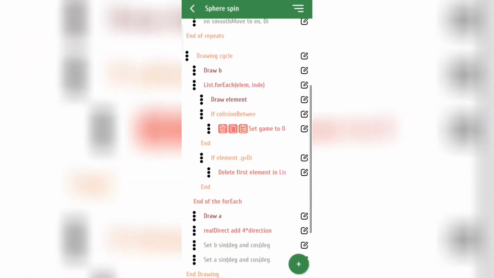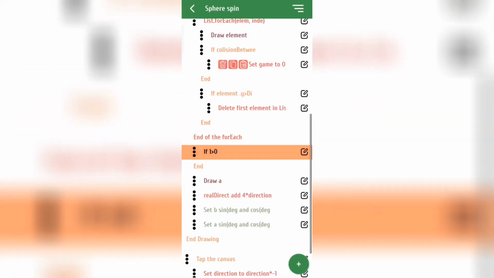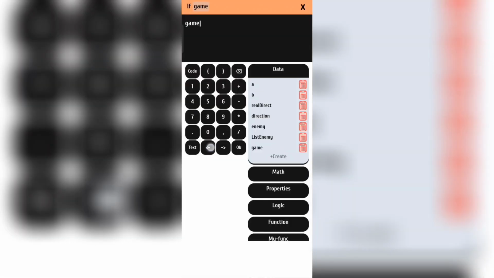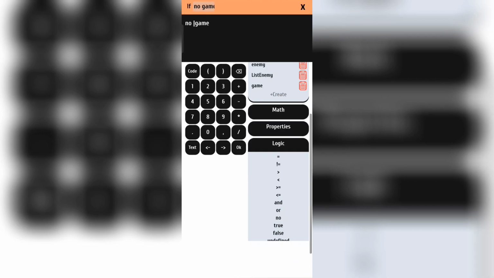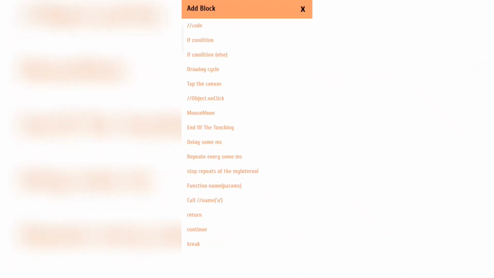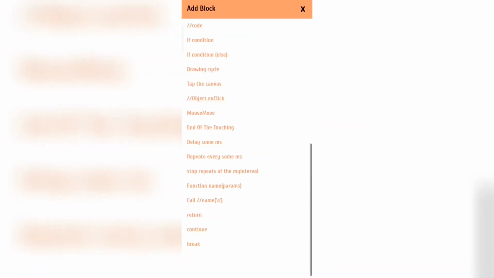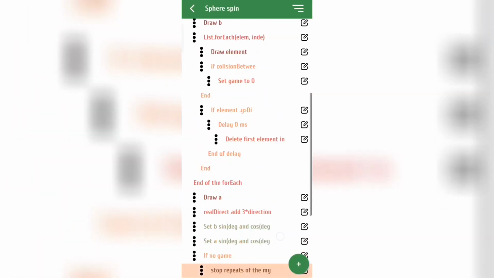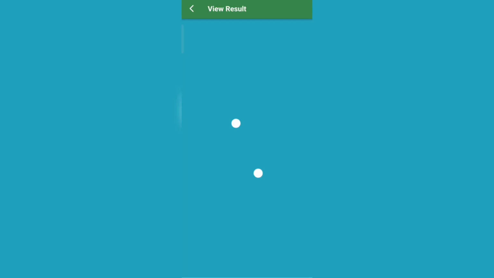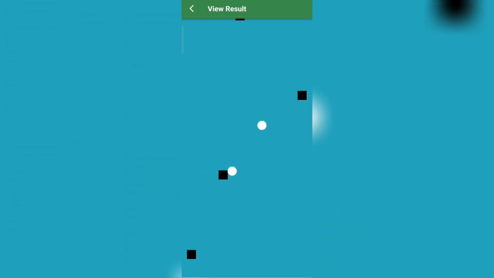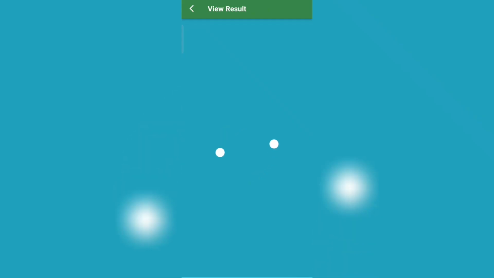And for a complete stop of the program, at the end of the drawing loop, we will check if the game is still true. If it has become false, we will return the function and stop the interval that creates the squares. Now we can run our program. As you can see, I can control the circles, and if they collide with the cube, the game will stop.